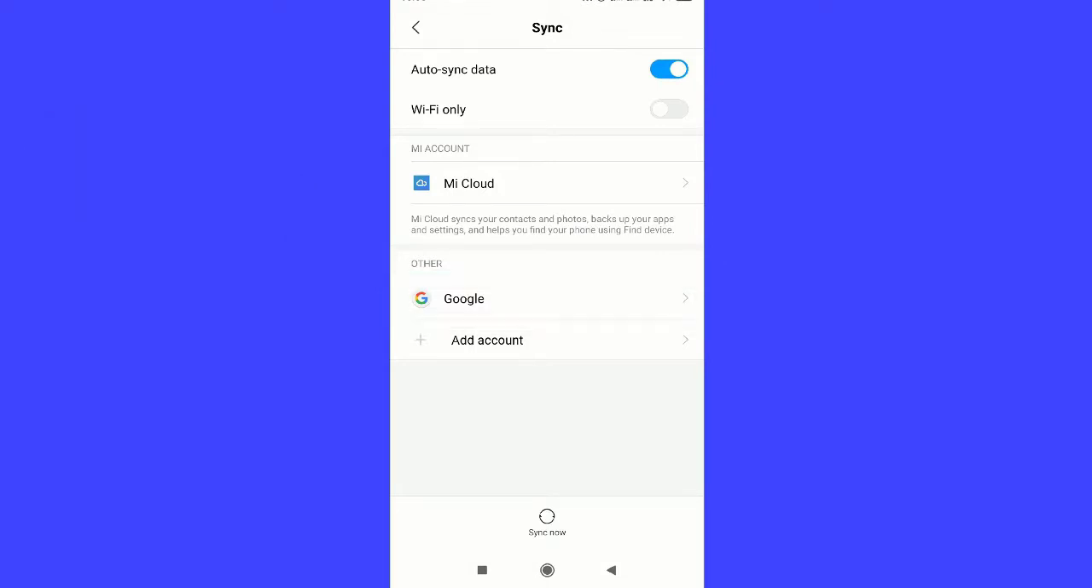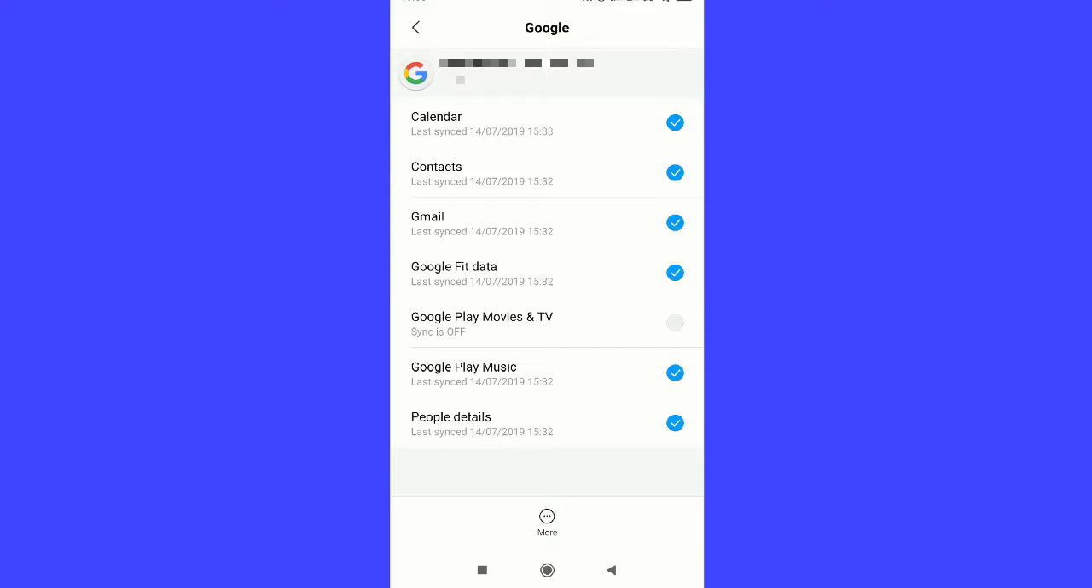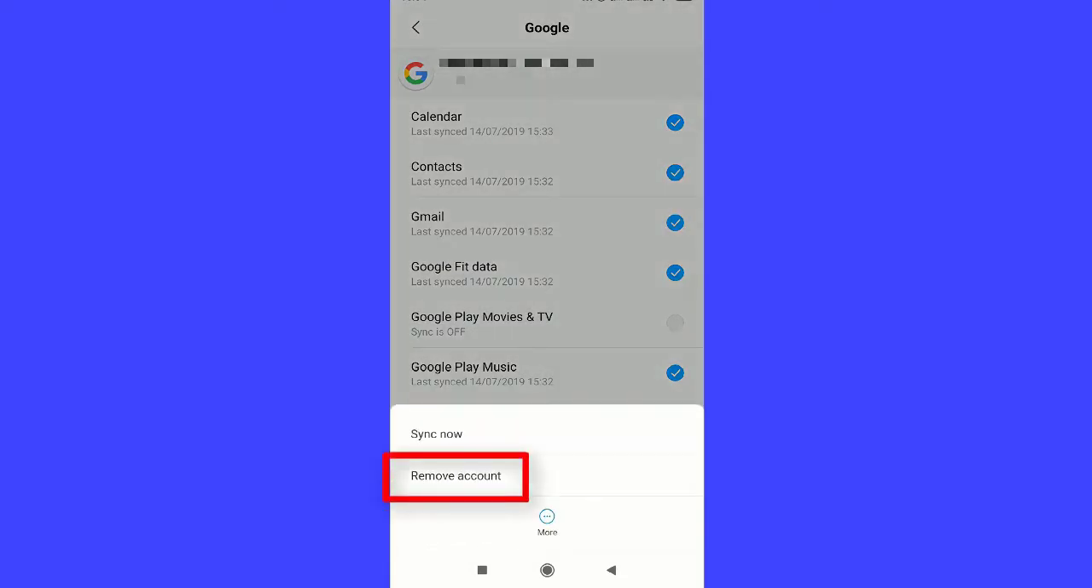Okay, now we will have this page. Here we have some details about the contacts, Gmail, and at what time it is synced. In the bottom we have this More button, so we have to tap once on it, and then you will see a drop-up menu which has a Remove account option. So tap once on it,